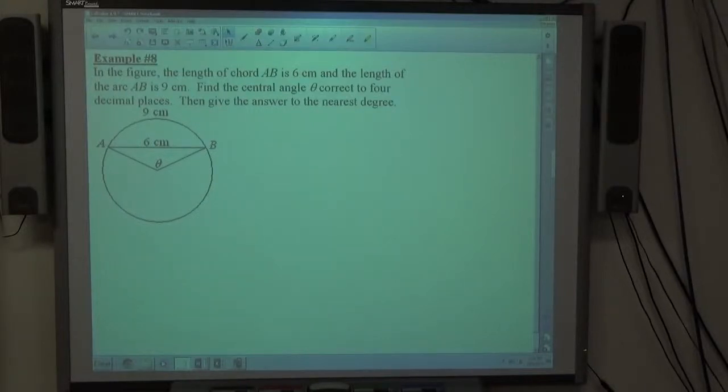Okay, our final problem today. The length of the chord AB is 6 centimeters. The length of the arc AB is 9 centimeters. Find the central angle theta correct to 4 decimal places. Then give the answer to the nearest degree. All right, so